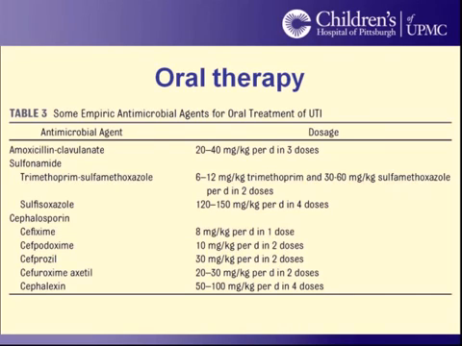I really can't emphasize enough that empiric therapy for urinary tract infection is going to be intentionally a little bit more broad. I will point out here that some common popular empiric therapy like cefixime is probably a little bit too broad, and so the use of trimethoprim sulfamethoxazole is quite reasonable in children with urinary tract infection. If you have a child with a UTI, Bactrim is often a very effective drug for the treatment of that